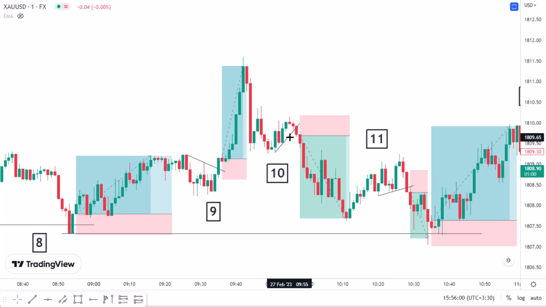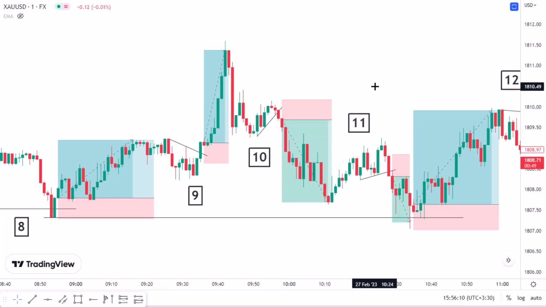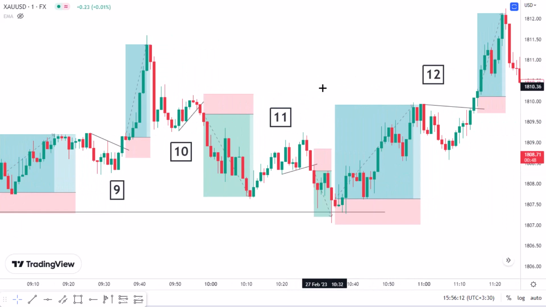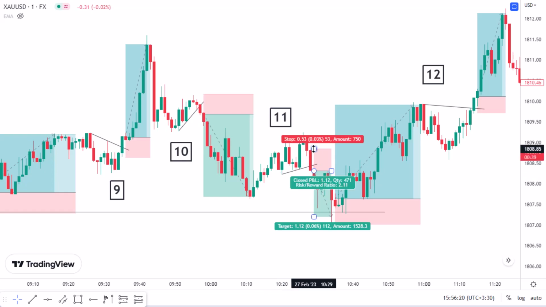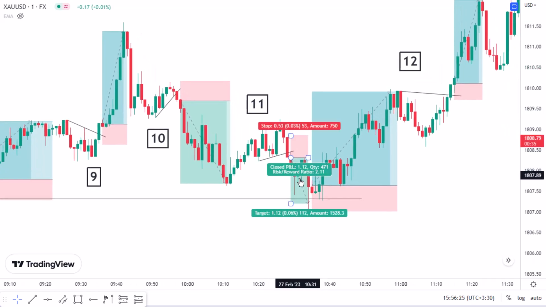We enter the sell position, put our stop loss somewhere safe or even here, and look for RR2, which it gives us a reward of 4. On the trade 11, we have a trend line with three touches. On the fourth time it breaks it here, we enter the sell position on body close, put our stop loss above that, look for RR2, which it gives us a reward of 2,